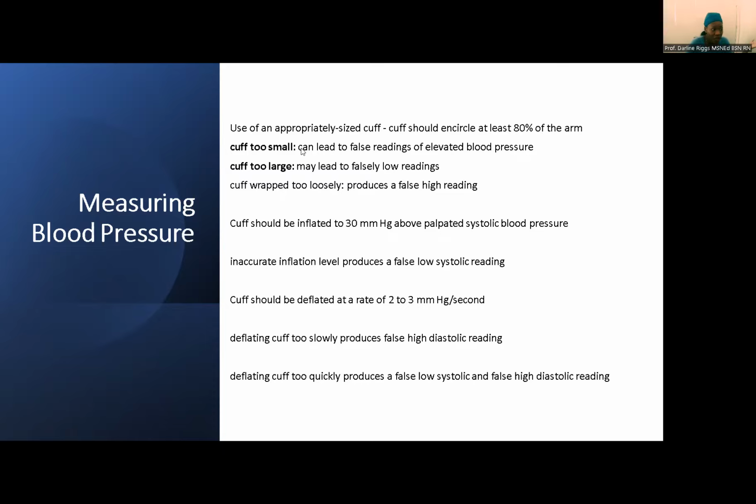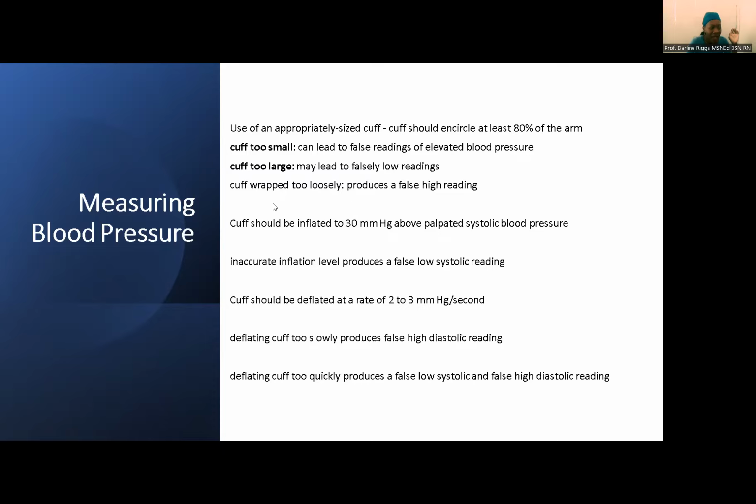If it's too small, you're going to get a false elevated high blood pressure. Too large, false low. You need the right size, which is a silly little thing, right? Because if not, we're not getting a proper reading, and you may be treating somebody for hypertension who's not really hypertensive. That's a problem. You want to inflate the cuff at least 30 millimeters above the palpated systolic blood pressure, which,